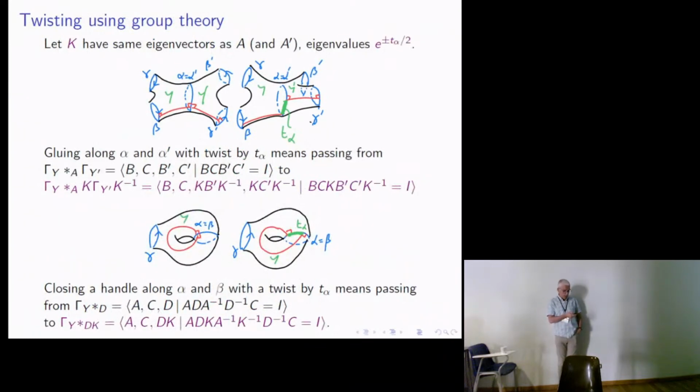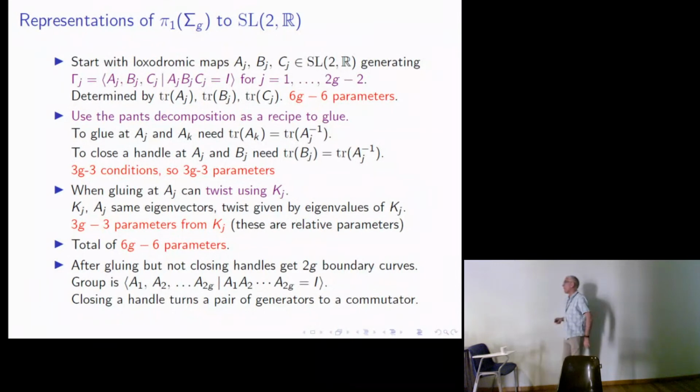Okay, so that's what that top picture, that's just a repeat of that picture there. So we do the same thing here. Instead of taking my conjugating element to be D, I take it to be DK, where K again commutes with A, and I get the same thing. So that's very, very similar. I'm just repeating that, but using it with the HNN picture. Great. And so now I can reproduce the Fenchel-Nielsen results simply using matrix language.